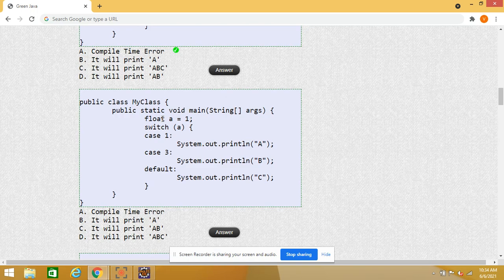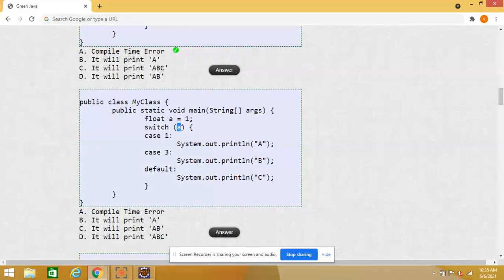Now again this is related to the same switch case, but you can look at this particular code carefully. Here I am trying to pass a float type into a switch case. As per the Java compiler, I'm talking about the JDK 1.5 compiler. From JDK 1.8 onwards, it will support switch case with some other data types also. But below the 1.8 compiler,